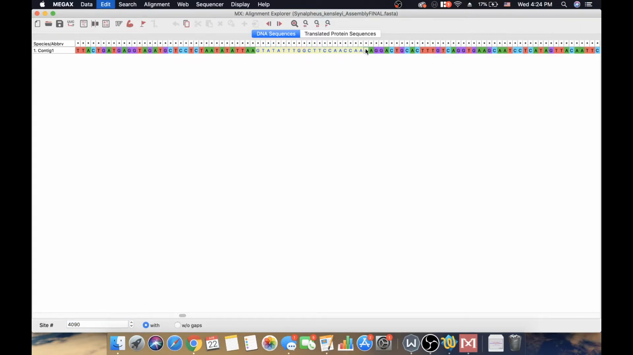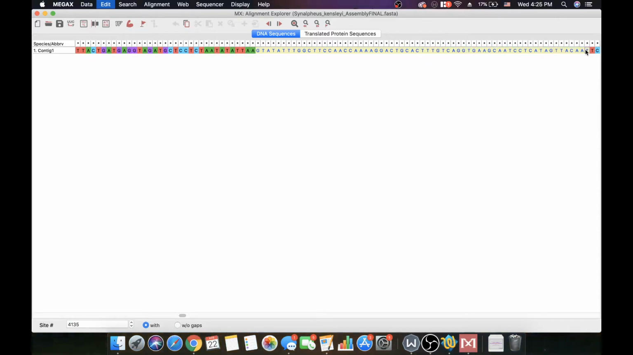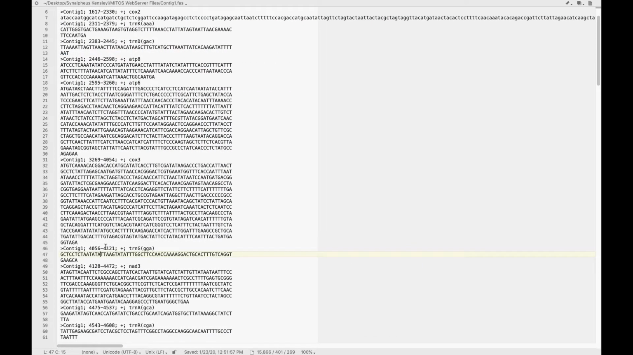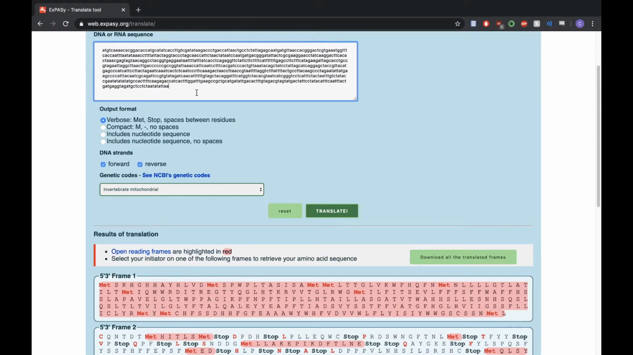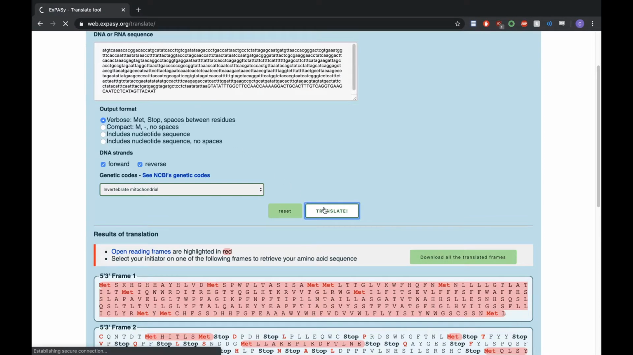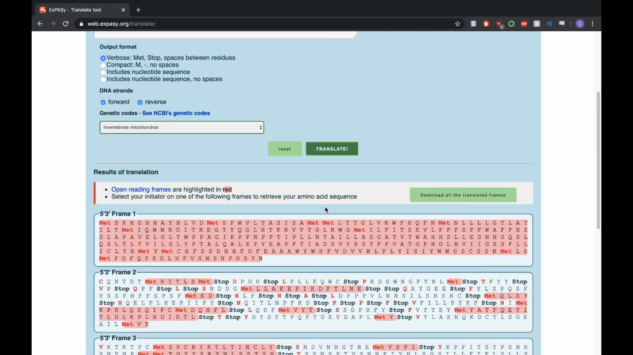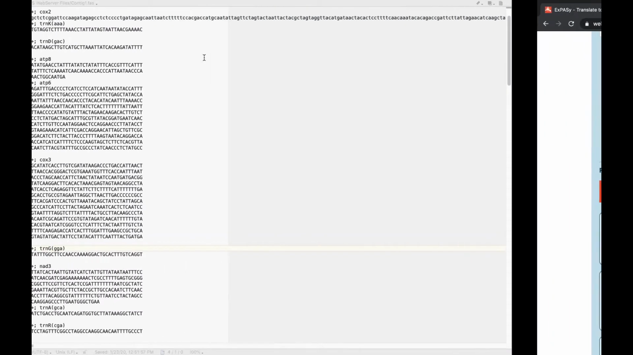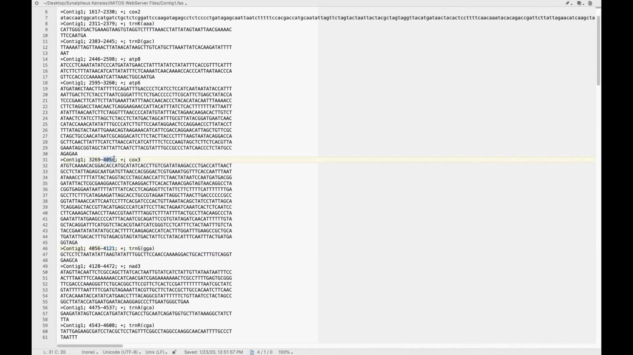I'm just going to highlight a bunch of these all the way to here at 4138. This is actually completely past the end of this tRNA gene. And we're going to paste this in and hit Translate. There is still no stop codon, which means from the stop that Text Wrangler gave us, through this entire tRNA gene, there was no stop codon, meaning that the stop codon for COX3 is most likely